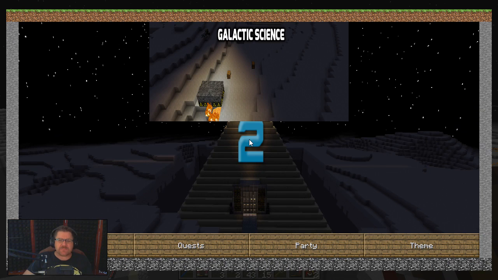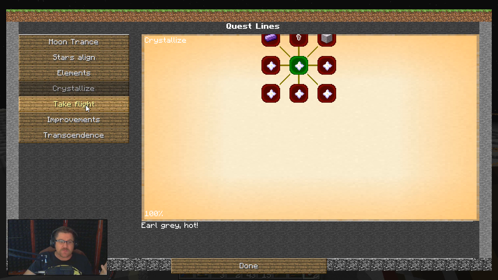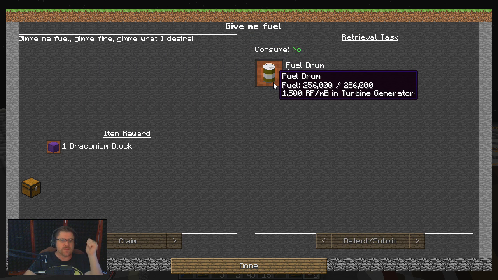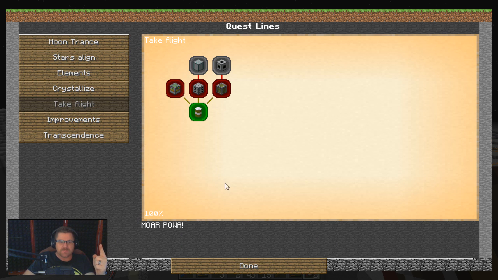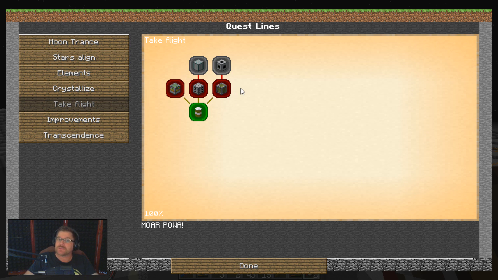Because I'm beginning to realize from the last world tour of the quest that we wanted to actually do. Actually, no, I did actually complete this quest. Give me fuel, the fuel drum. We managed to make the fuel drum. We were able to fill said fuel drum, but then the items after that were a lot more difficult to make. So